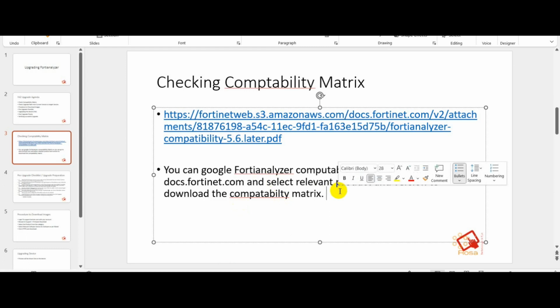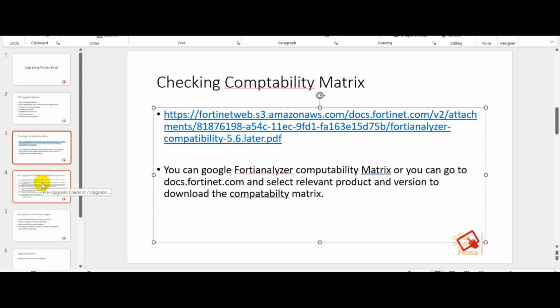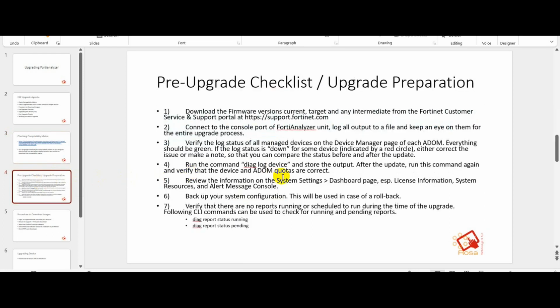the FortiAnalyzer, or whether you need to upgrade your FortiGates as well, or you can decide whether you should upgrade the FortiGates first or the FortiAnalyzer first. Based on the compatibility matrix, it helps us decide whether my FortiGates will be compatible with the FortiAnalyzer version. After verifying the compatibility matrix, now we need to plan for the upgrade, or we can say upgrade